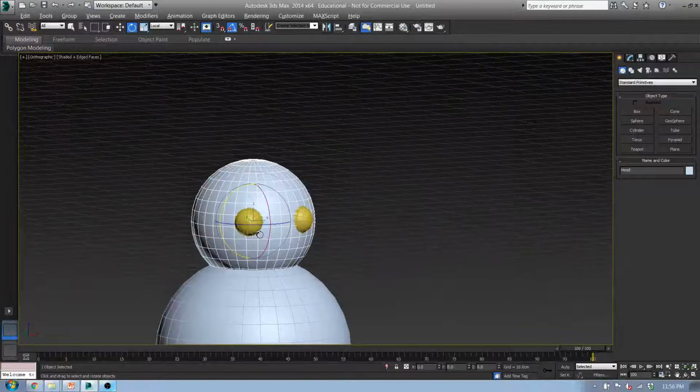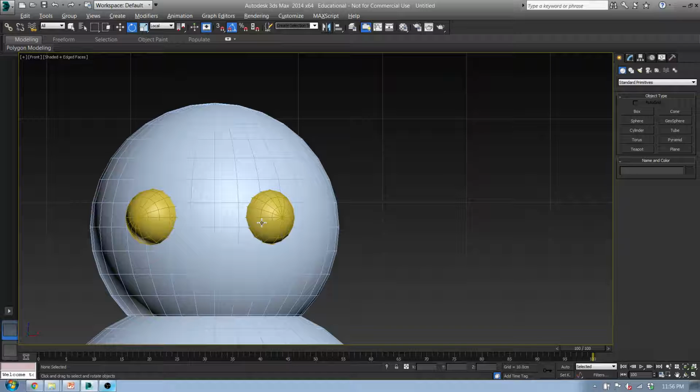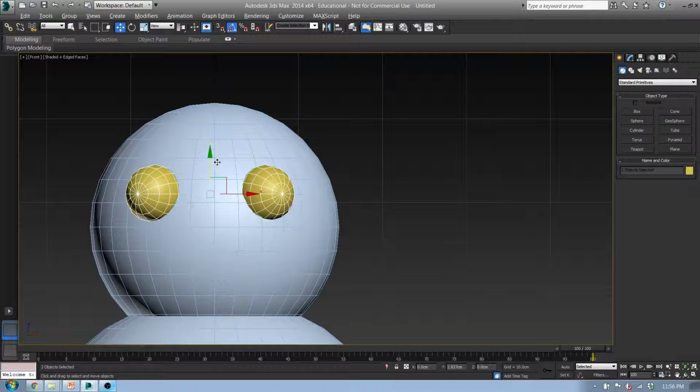Great. Now, from the front view again, hit F for front. We've got eyeballs. We're going to hit Q. If we hit Q, we can select things. So I'm going to select both eyeballs by clicking on one eyeball, then holding Control and clicking the other. Now I can hit W, move it up, so it's more about where his eyes should be. If you want to rotate it again, you can hit E,